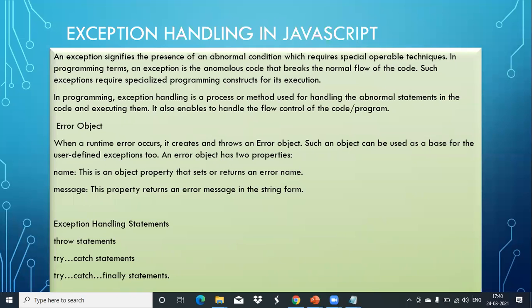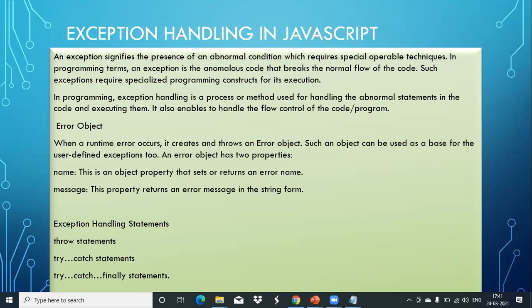So what will happen when the program is stopping unexpectedly? It will not follow the normal flow of the program. Imagine your program has some 100 lines, and the runtime error happened at the 10th line. Your program stopped at the 10th line. The remaining lines we had to execute are not executing. It stops the execution at the 10th line.